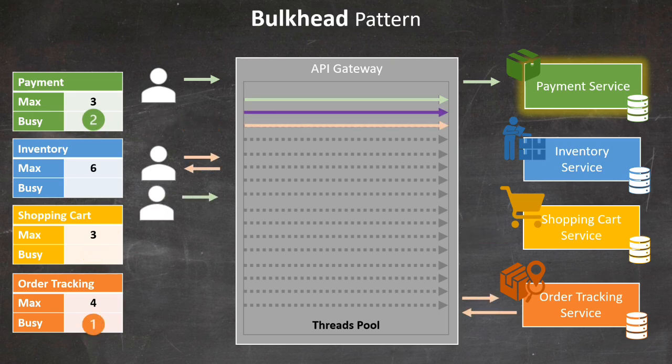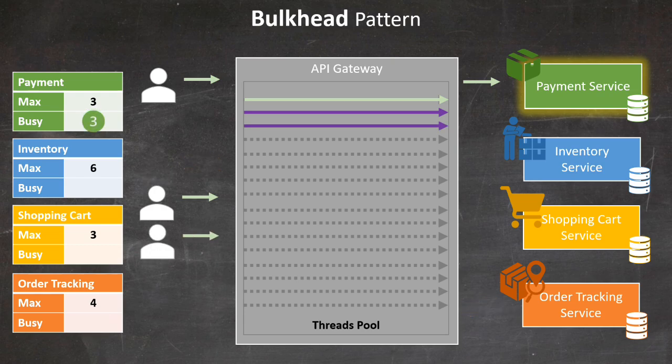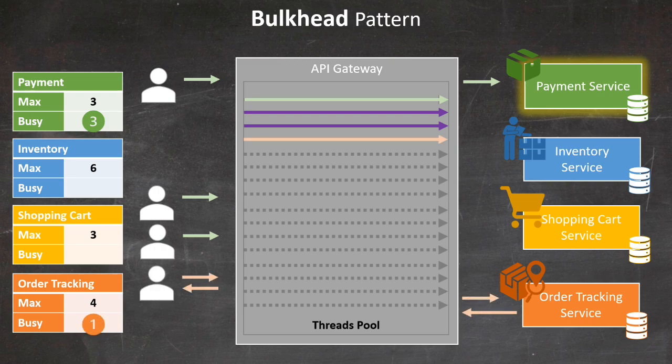Another payment request comes in and is processed normally. More payment requests arrive and are handled until we reach the maximum number of threads allocated for the payment service. This is where the magic of the bulkhead pattern becomes apparent. An order tracking request comes in, and despite the payment service being at capacity, it's processed normally because it has its own resource pool. Now, when another payment request arrives, it gets rejected because the payment service's thread pool is